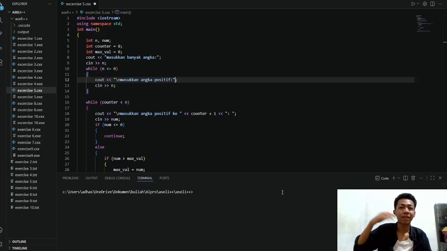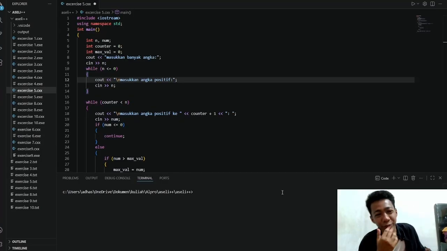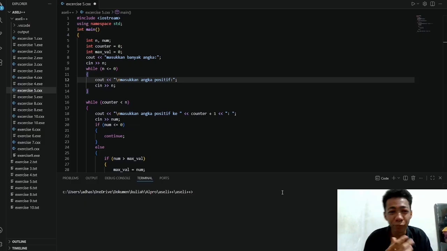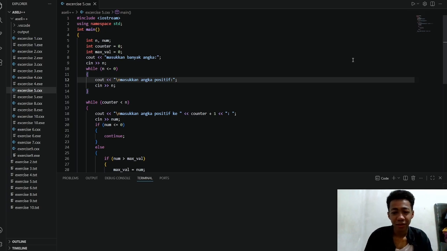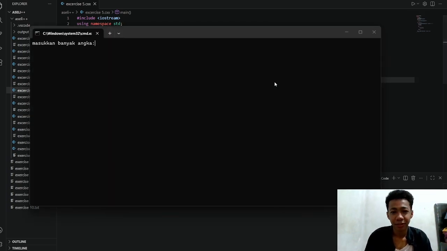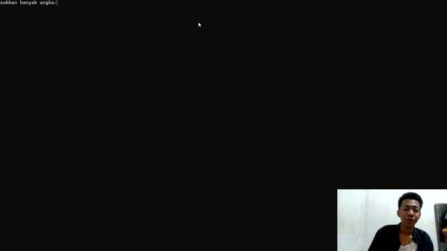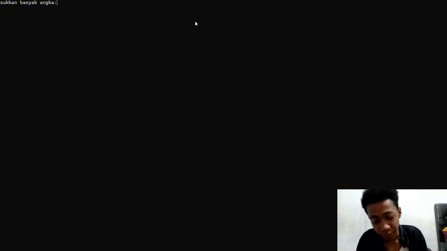And in the other case, we need to look at what we will get if the n value is negative. So here is the program right here. Let's try.